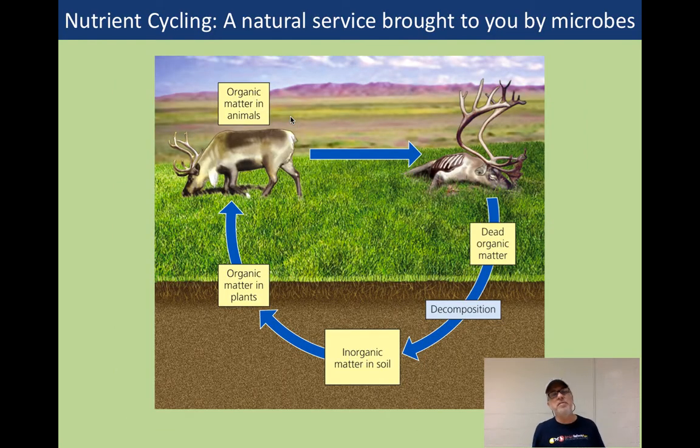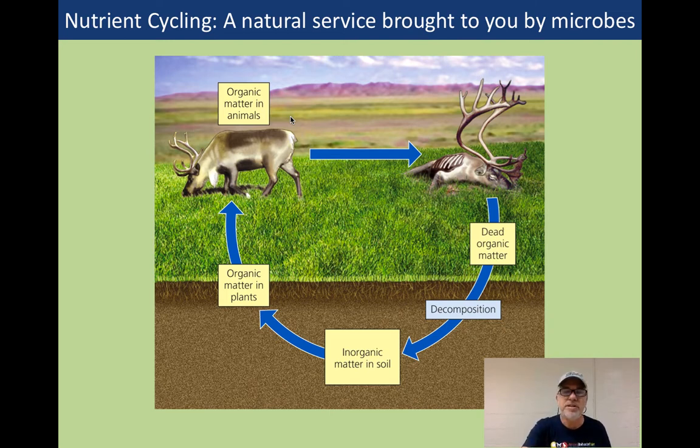And here's another one that I love to say. Nutrient cycle is a natural service or an ecosystem service brought to you largely by microbes. Imagine what would happen if there were no microbes and the bodies of caribou and human beings just piled up and never rotted. We tend to be disgusted by rot, but it's an incredibly useful process. And in the process, rotting material, which takes place in the soil, makes these incredibly great soils that are really great for growing plants and are rich for plants. And so microbes make soil. Soil isn't just there naturally. If there was no life on Earth, there would be no soil. There would certainly be mineral particles, but there wouldn't be soil.